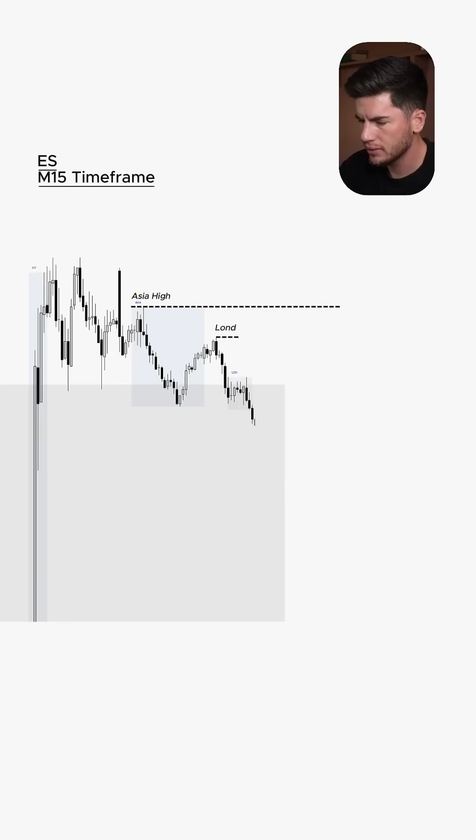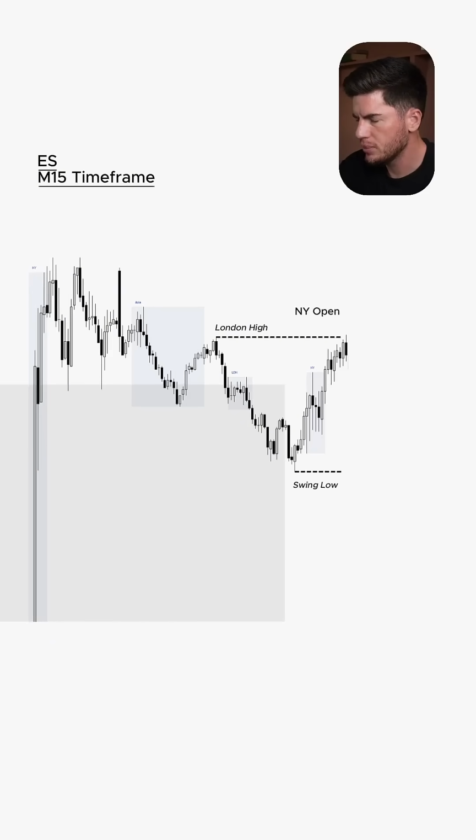For entry, we want to use the 15-minute time frame and the New York session for timing. Once Asia and London sessions have played out, we're waiting for New York to open and trade into the highest levels of either the London or the Asia session. When one of these levels is reached during New York trading hours, which is typically between 9:30 and 12:30 Eastern Standard Time,